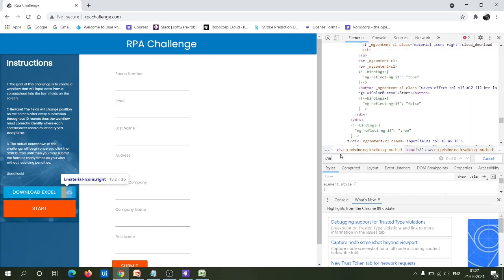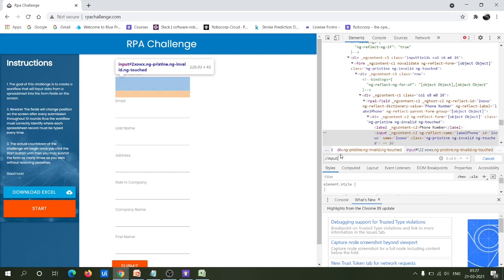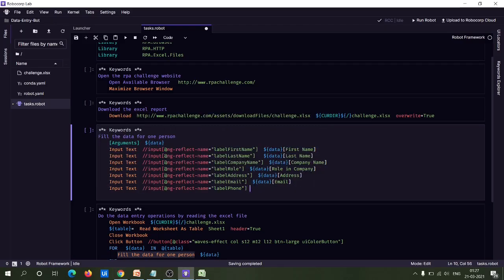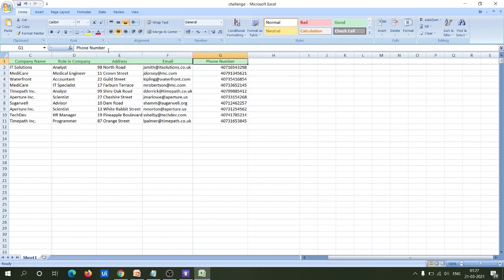Now you have to specify the value, like how you can get the phone number from that particular row. So just copy this here.